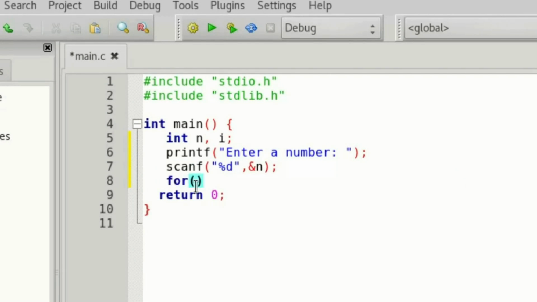then start your for loop with i equal to 2. We are starting i from 2 because obviously every number is divisible by 1, so we don't need to check whether the number is divided by 1 or not. So we're starting i from 2, and then i less than that number, and then i plus plus, and then